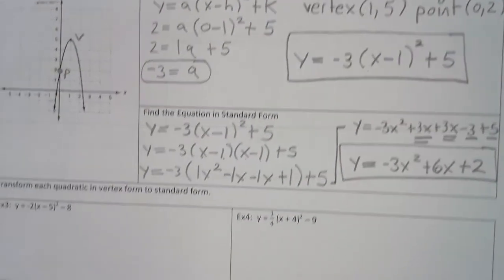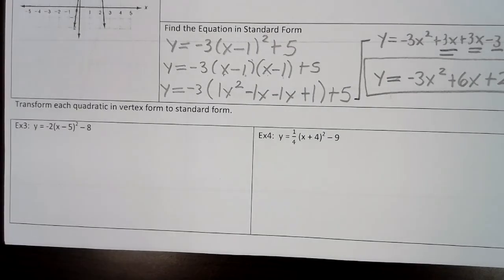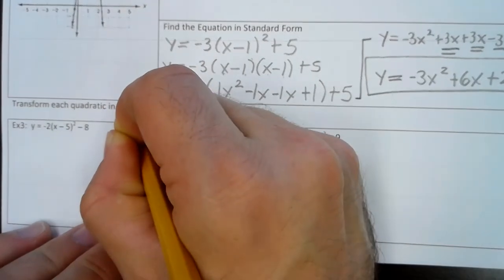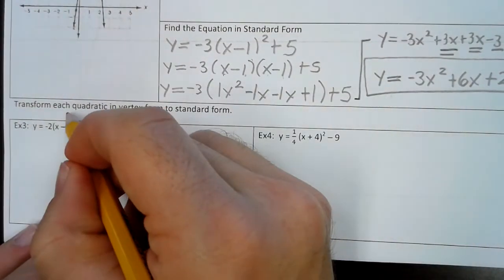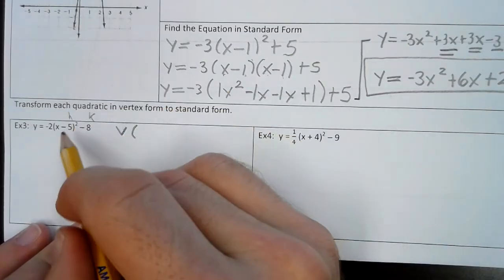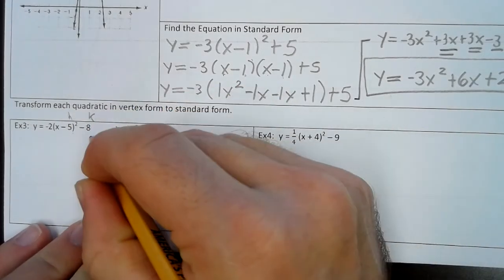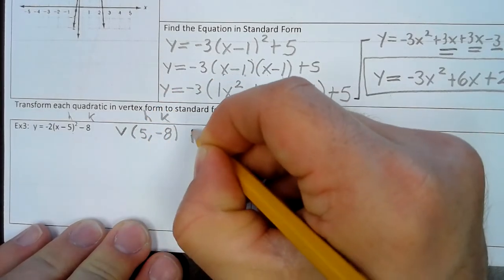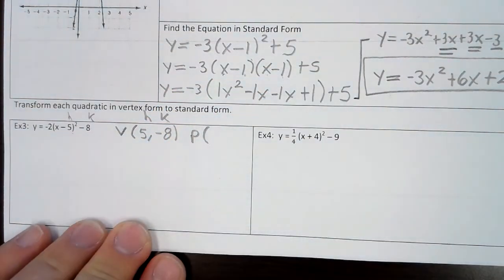All right, now let's look at example 3. Transform each quadratic in vertex form to standard form. Now in this case, we already have example 1 and 2. We had to find it from the graph. Now we just have the vertex form. So we're starting basically in, well, step 1, we have to find the vertex. So the vertex, and I'm just going to use V for vertex, okay, is, here's your HK. So that's minus 8, so that's a 5, and then plus K, so that's a negative 8. So there's your HK. And now I'm going to use P for point. Okay, so our point